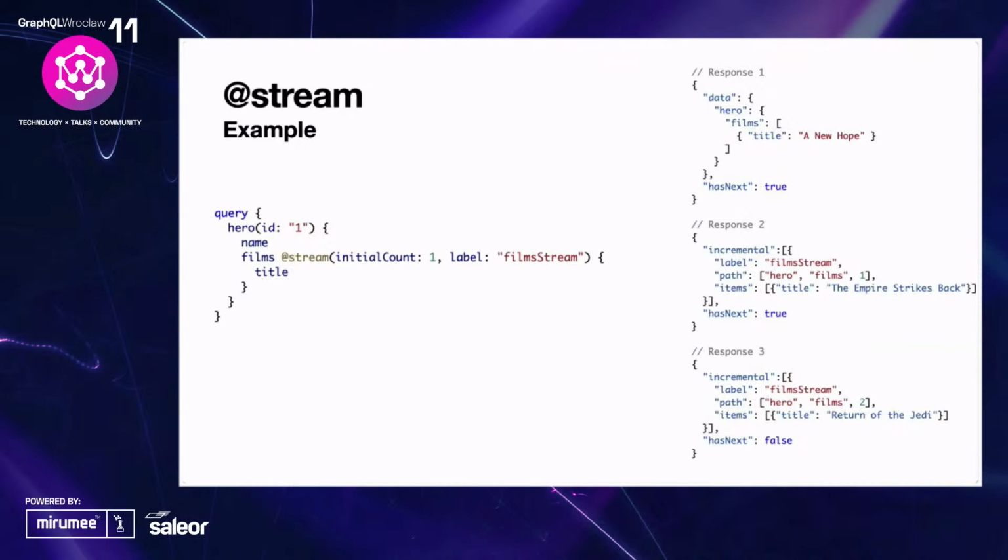So here's an example of a streamed list. We're asking for the list of films, expecting the first one to be returned as part of the initial payload, since we specified an initial count of 1, and the remainder of them to be streamed. Then on the right, we see that the first film is returned immediately in the first response. We then get 2 more responses with each additional film. So you can imagine using this in a newsfeed style UI, where you can render the first few items above the fold as soon as they're ready, and while the rest of the items are still loading in the background, they could be rendered whenever they're ready without blocking the most important data at the top of the list.